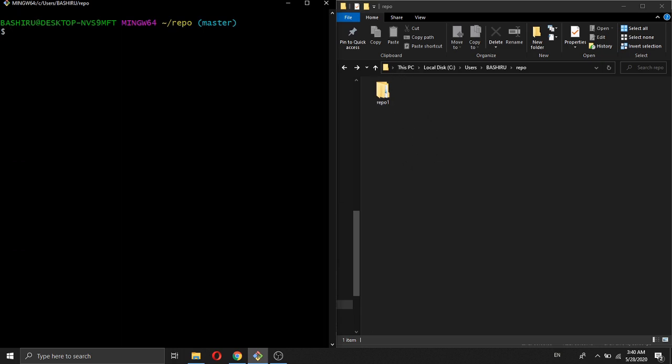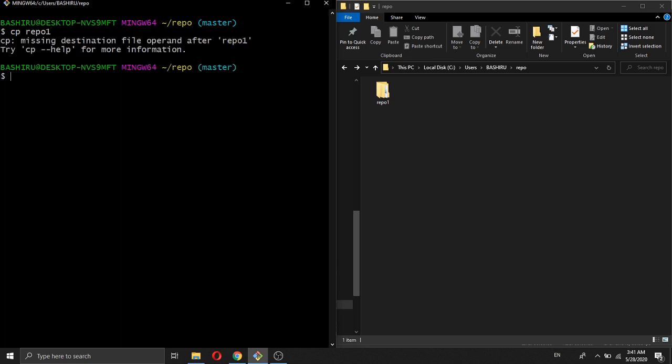So what we have to first of all do here is cp repo1, and they are saying that there's a missing destination. So let's say we are going to copy repo1, which is inside our root repository,